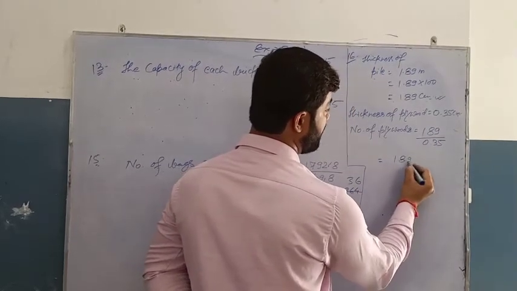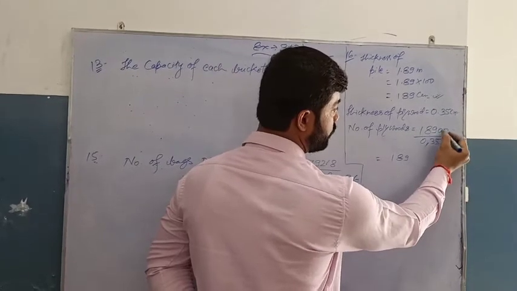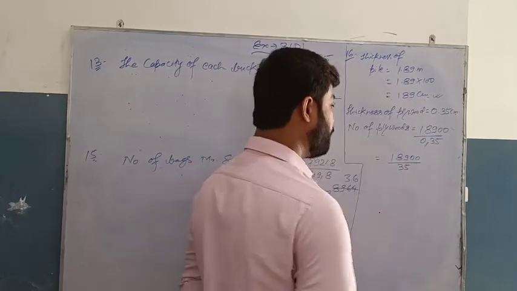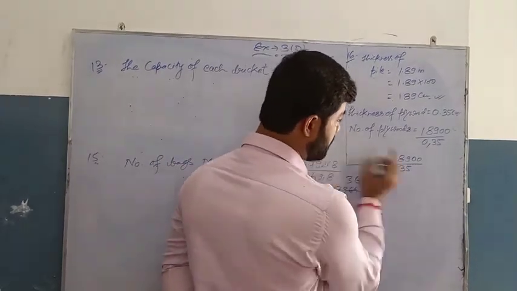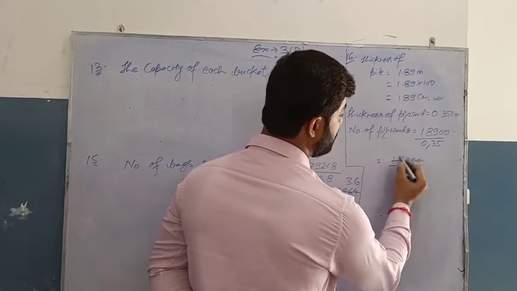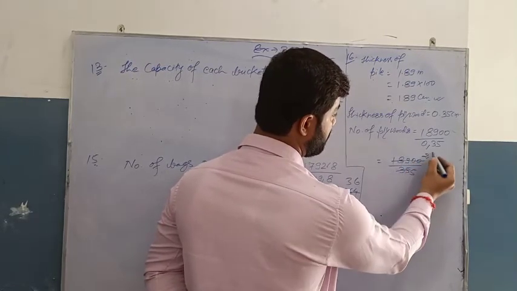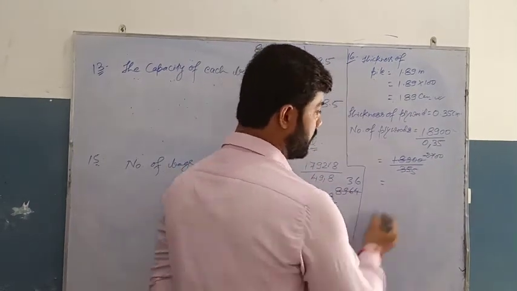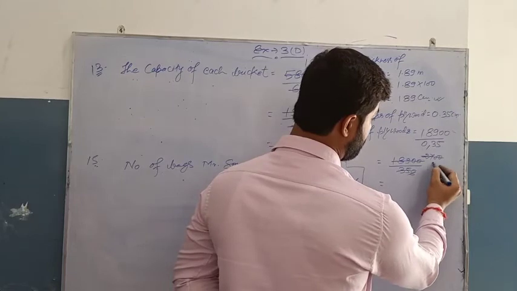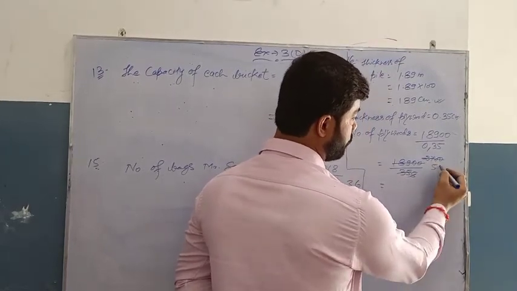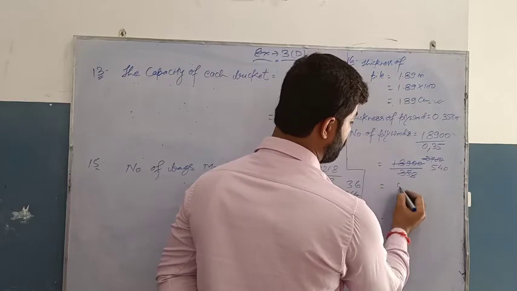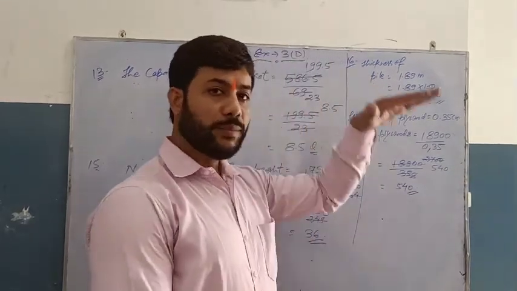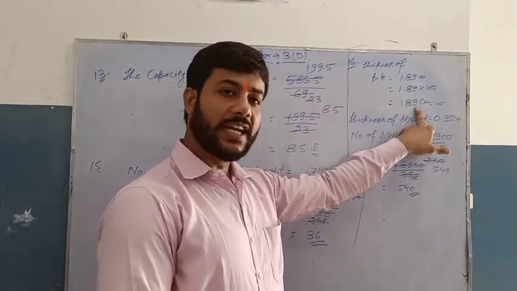So here for 189, we will remove this decimal from here. So there will be 2 zeros. So 18900 by 35. Now we will divide it by 7. 7 fives are 35, 7 twos are 14, 7 nines are 63, and 00. Now 2700 by 5: 5 fives are 25, 5 fours are 20, and 0. So 540 such plywoods will be required to make a pile of thickness 189 centimeter.